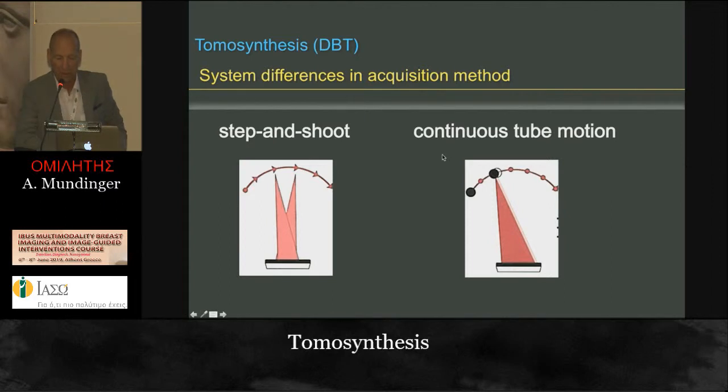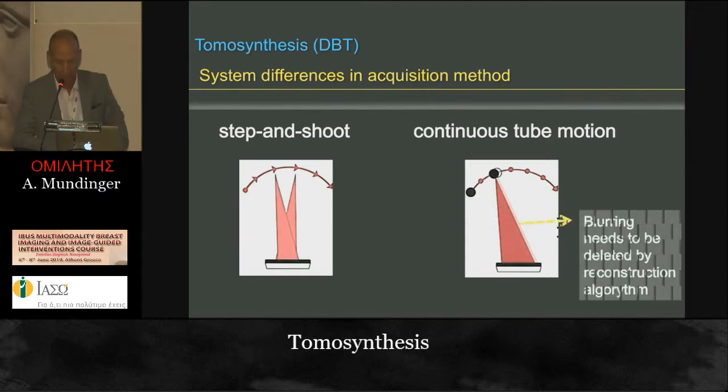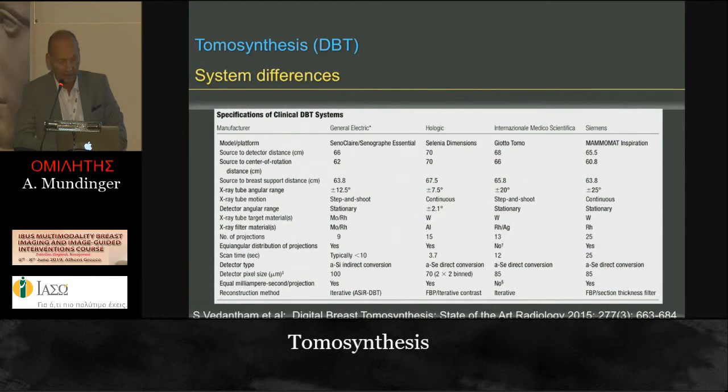In the other technique, there's a continuous tube motion, as you know it from helical CT. This means geometrically that there is a little blurring in the direction of the movement. But we have modern mathematical algorithms to overcome this and to reconstruct in a way that this blurring is very limited and looks sharp, like in helical CT. And this was a very nice survey that shows you all the details you should not be interested in,